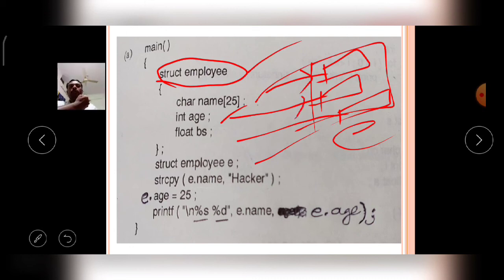Here in execution of the program, the strcpy function copies the hacker name into E dot name. That means the name variable belongs to E. So with the help of the dot operator we access the structure members. That's why I write E dot name.